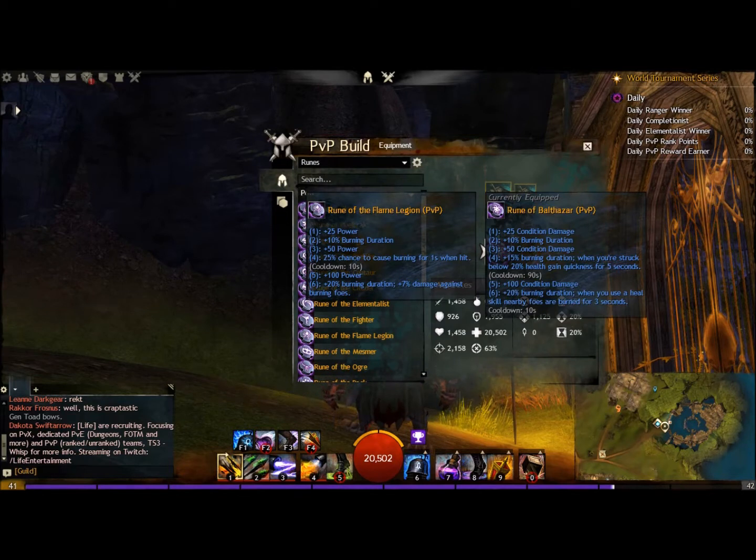You'll lose out 15% in burning duration, but you'll also gain the chance to get that 25% chance to cause burning for 1 second, 1 hit for a 10-second cooldown, while also gaining, when you're below 20% health, quickness for 5 seconds. But I didn't see it that way. I saw it as when you use a heal skill for your Ruin of Balthazar, nearby foes are burned for